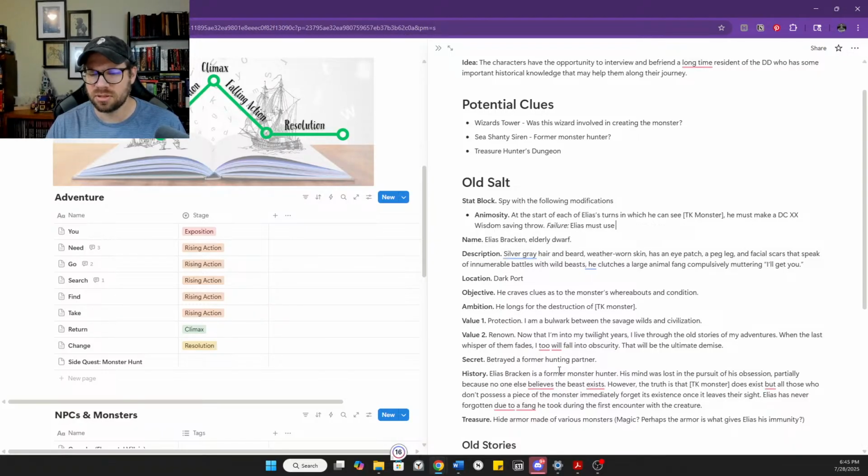must use his turn to, actually, let's make this a little easier, must use his turn to get as close to TK monster as possible, and attack. So whether he attacks with the short sword or whether he attacks with his hand crossbow, and we could change out things like the short sword or the hand crossbow.